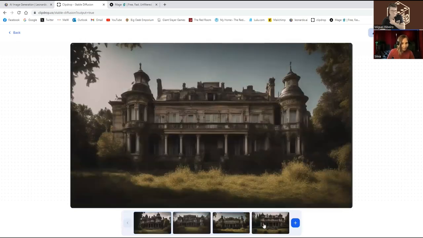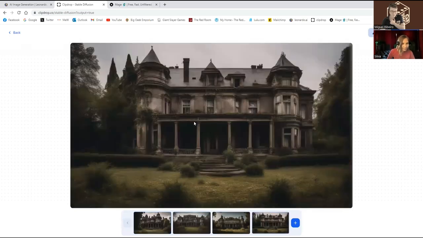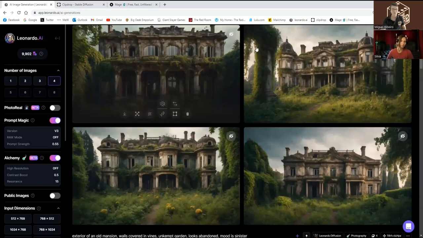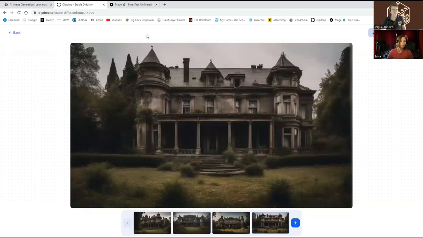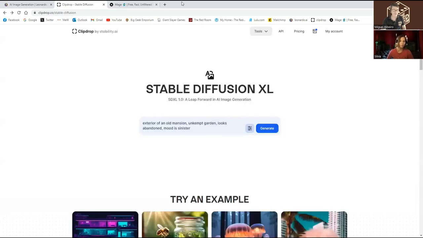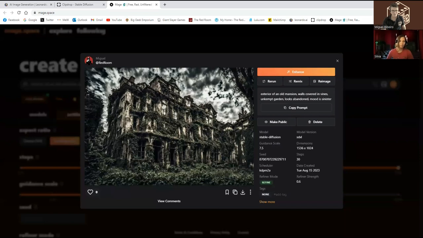These ones are not bad, but the definition is really not good, and the colors. I think this one would require a better prompt for this to work, because this one has not really. Well, there's no model, or there's only a basic model. These ones are trained models as well. This one is just a basic model, so you need to improve the prompt on the description. Just a simple description that we use here doesn't work as well in Clipdrop. So if you want to work on a more detailed description,